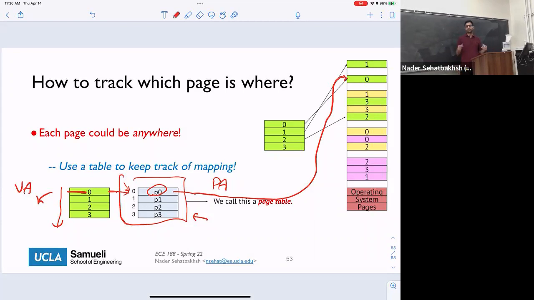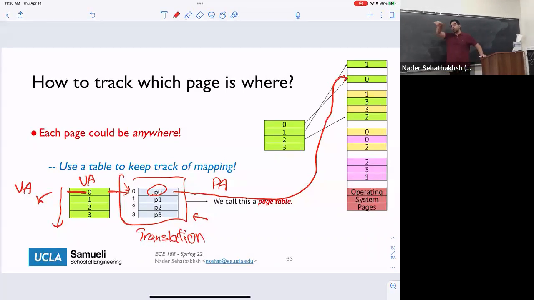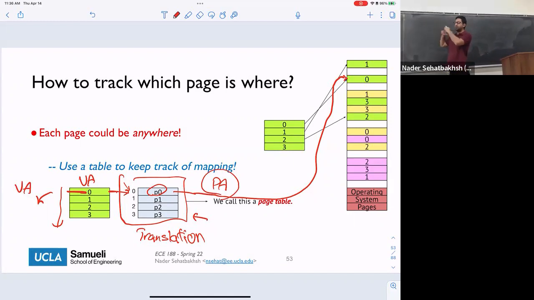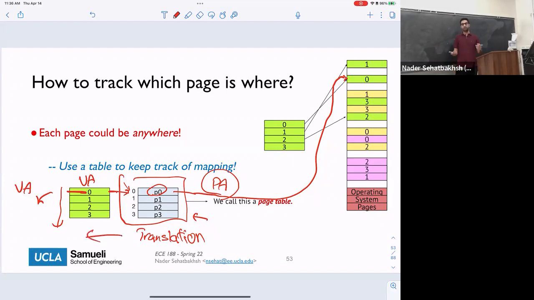So as soon as this software wants to read something, the operating system sends this virtual address request to the page table. This page table does a translation for it, right? Basically it translates this virtual address to this physical address by just looking up where this page has been stored. And at that point, we have what's called the physical address. This is literally the address where this value has been stored. It goes into that line in the main memory, brings data back to the program, and everybody is happy.